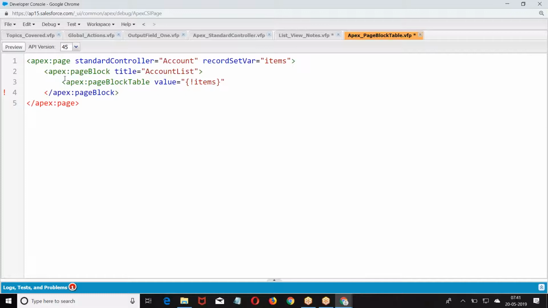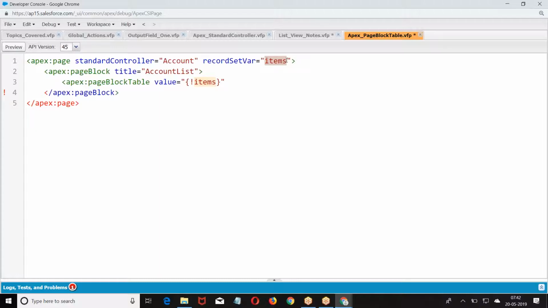What is that value? The list of records what you want to display. The list of records what you want to display is given as page block table, value equal to list of records. Where are our list of records? The list of records what we are getting, they are referred to as items.